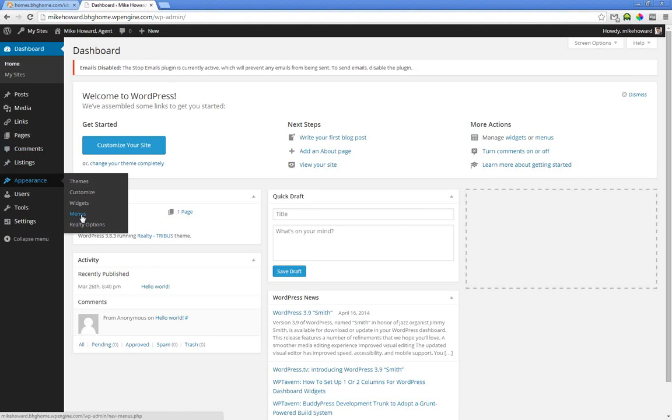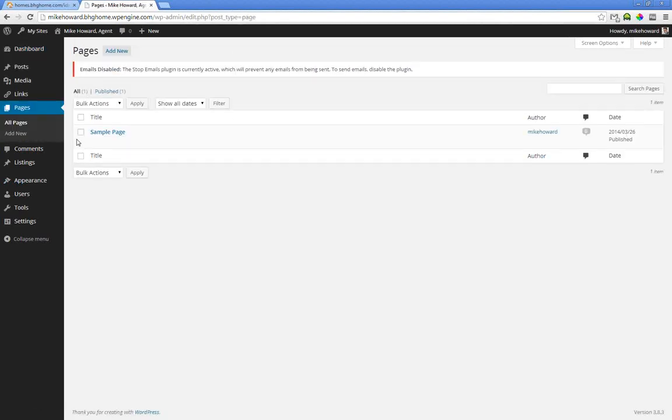Right now, you've basically just got a home page. If you look at the Pages section and you look at all pages, you'll see a sample page, which is an additional page that doesn't really have anything on it and isn't even linked at this point. Later on, you can put in content on this sample page or put in additional pages, and then when you go to the appearance section, go to menus, that's how you can set up the links to the extra pages that you put in. We'll cover that in